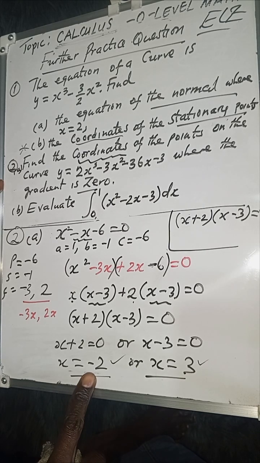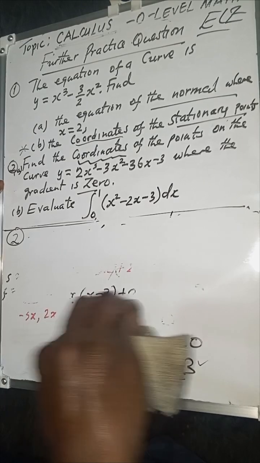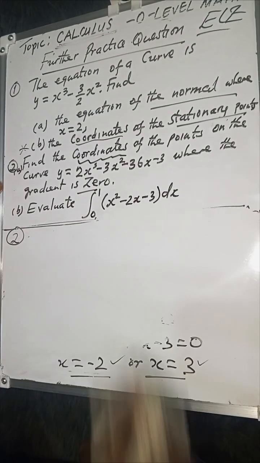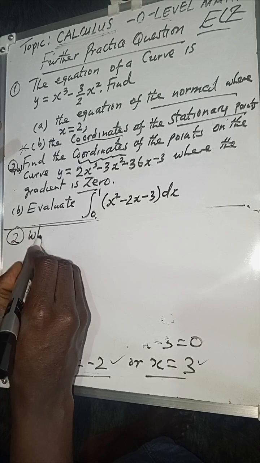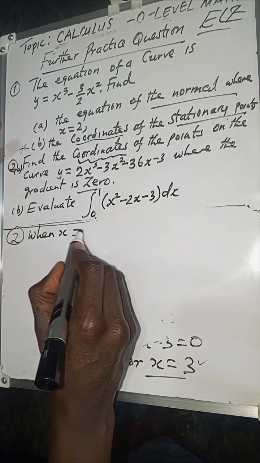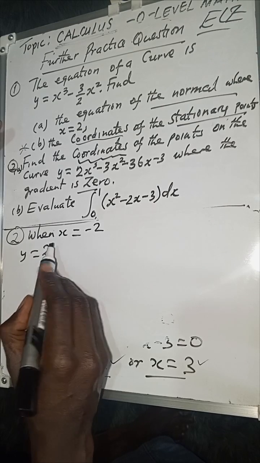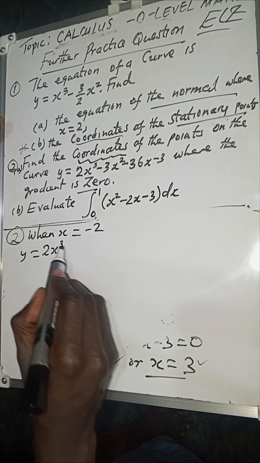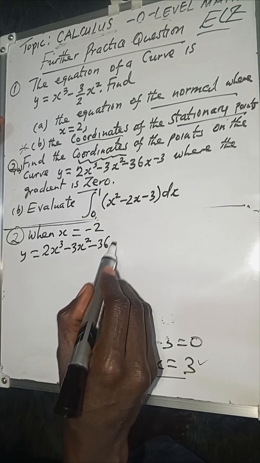So we know it is -2 and that. So I'm going to say, in this case, when x is -2, what would be y? So you can replace into that one, 2x^3 - 3x^2 - 36x -